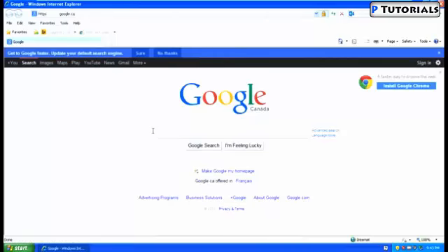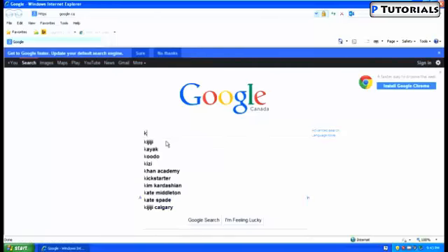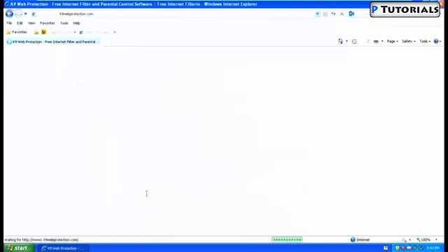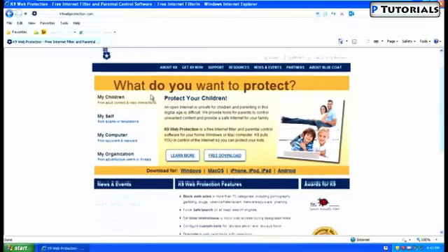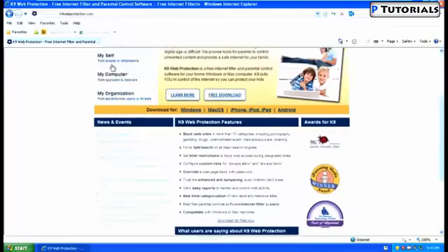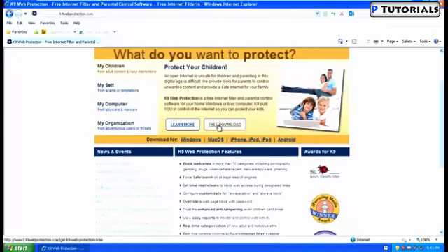So to get K9 Web Protection, do a Google search because it's a free program, and I've used it before, and it's an awesome piece of software and you can get it for free. So here's their website right now. I'm on their website, K9 Web Protection. If you look here, you have a free downloads button. You click on that and it will give you